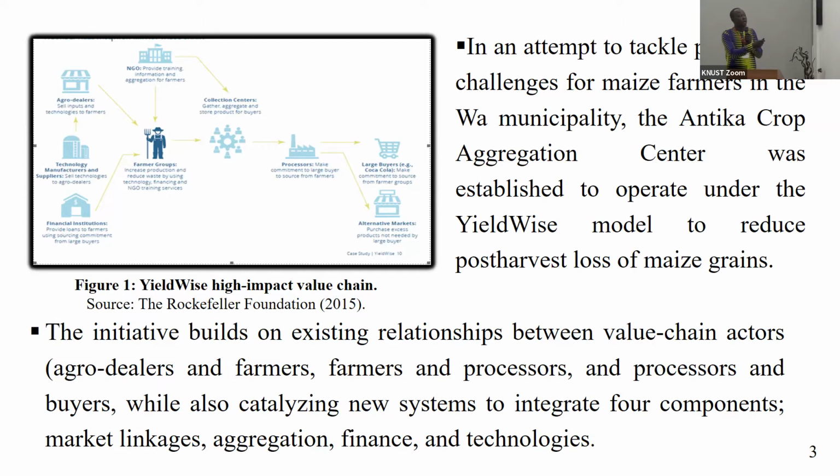Now, what Antica Crop Aggregation Center did was that they made these farmers form farmer-based organizations, where a farmer-based organization consists of between 10 to 15 farmers. What they do is that they give the small-scale farmers inputs, they give them training on agronomic practices. They also provide them with tractor services and training on post-harvest losses and how to control all